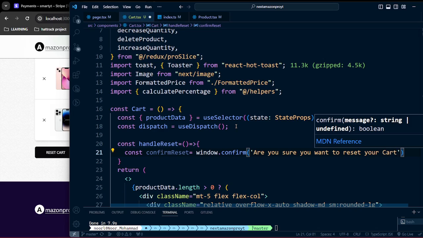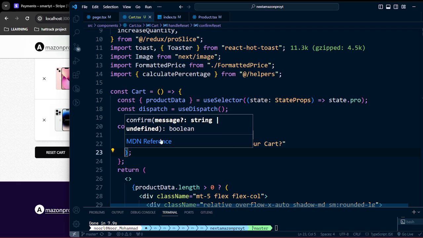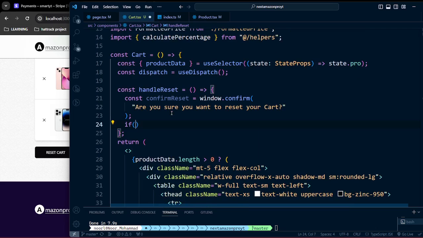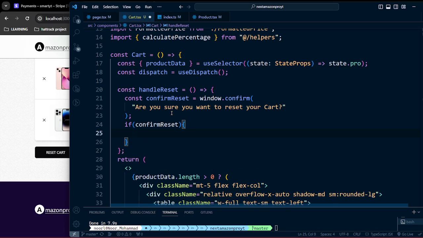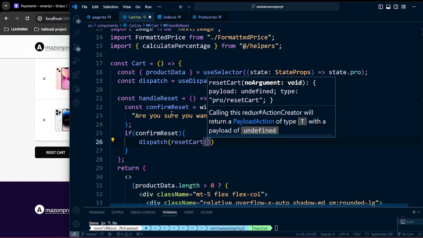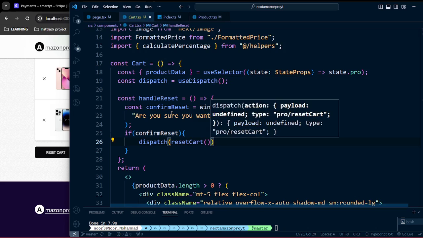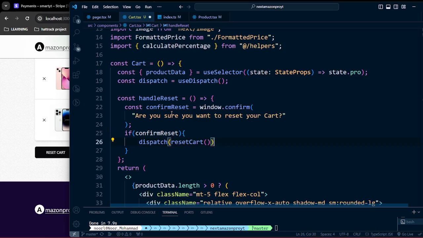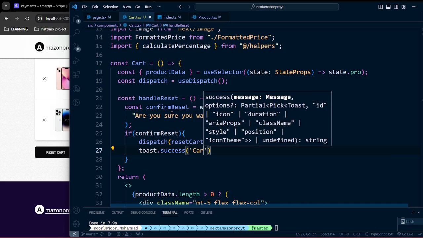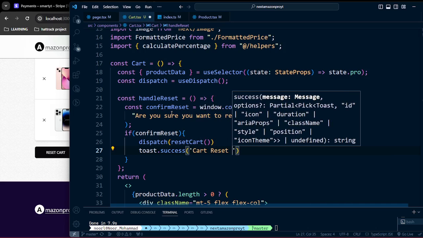Okay, so that's the message coming from the window. Now we're going to pass two instances. If the confirmation message is there, meaning yes is applicable, then we're just going to put a dispatch, and inside the dispatch we'll pass that receipt cards. And also we're going to put toast.success, and "card reset